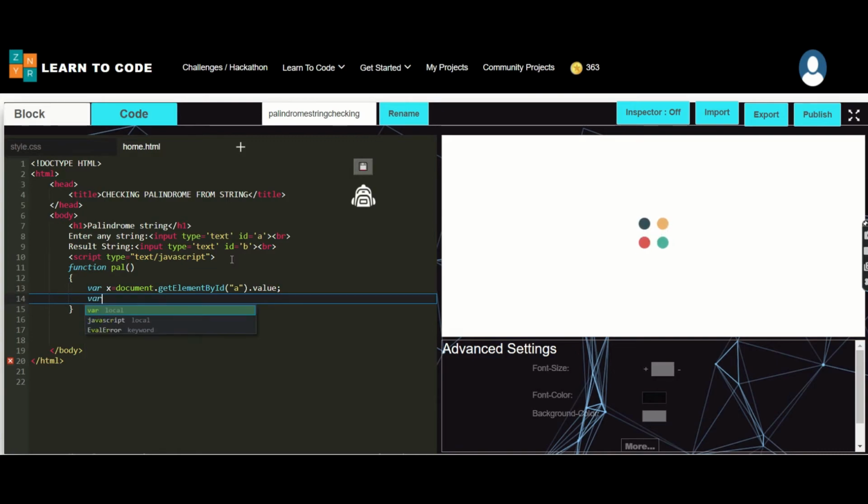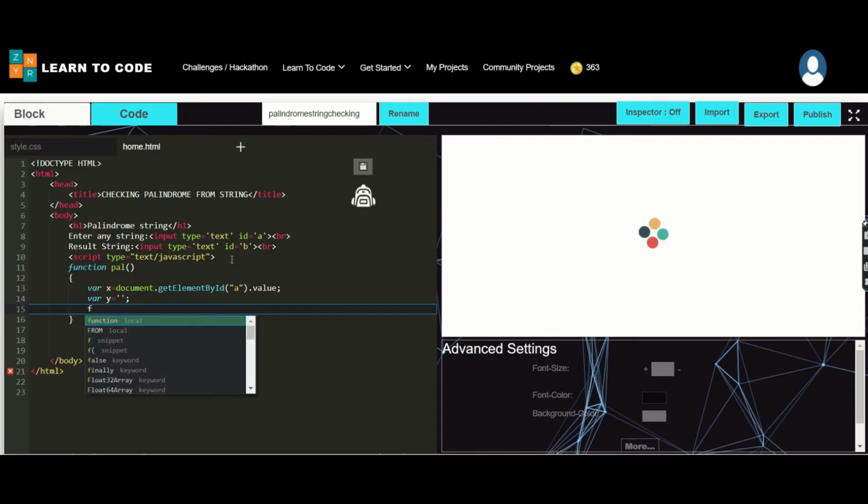Next we have to declare one more variable, which is y, and it should be blank. It is for the second box, and I need to give a condition for i equal to x.length. So the initialization is done, and we need to check with i greater than or equal to 0, and the value should be decremented.